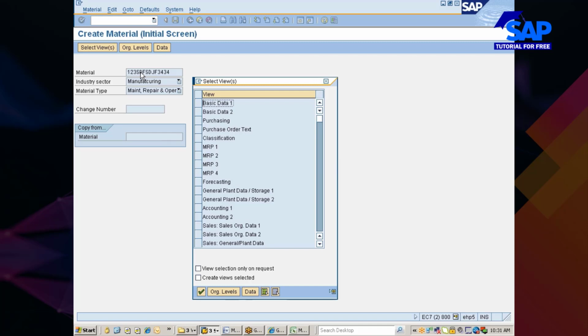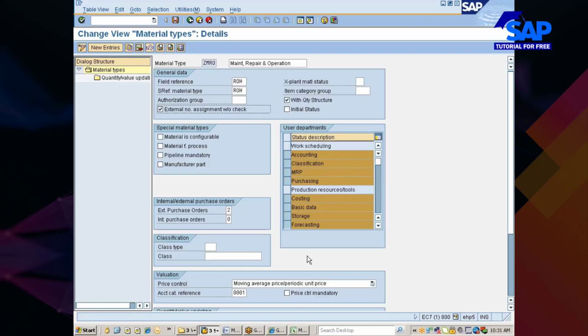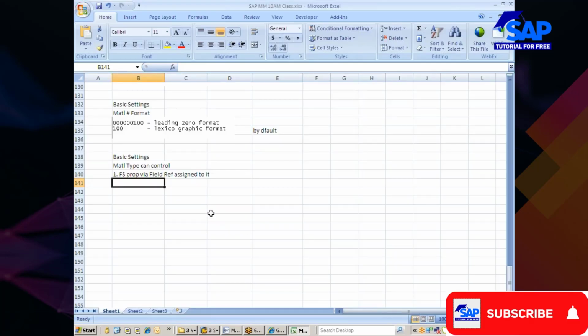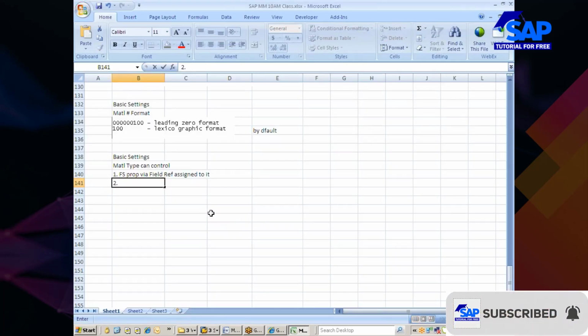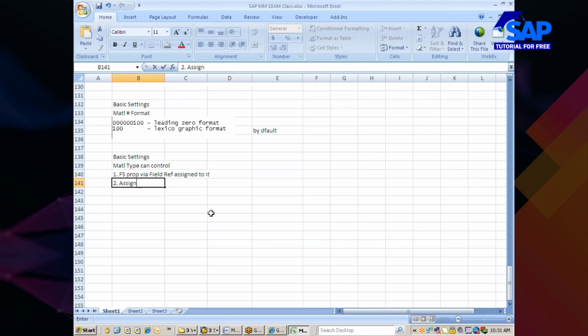That's what this particular check is meant for. So you can say assignment of external number without check.